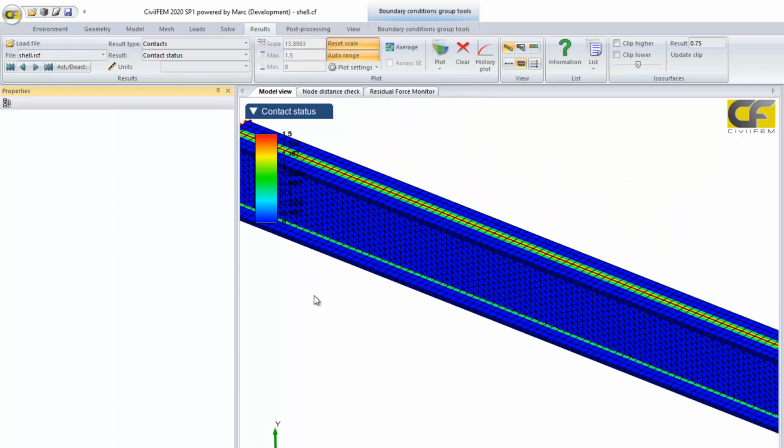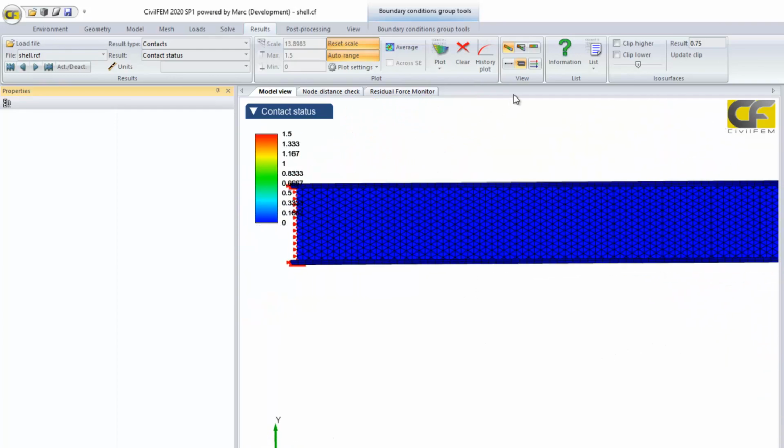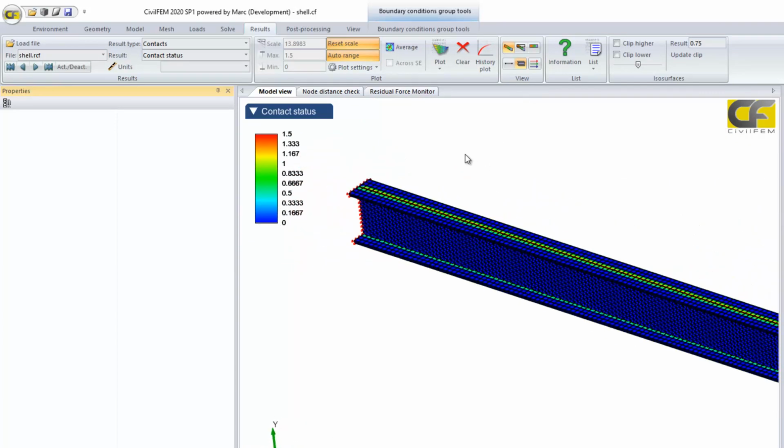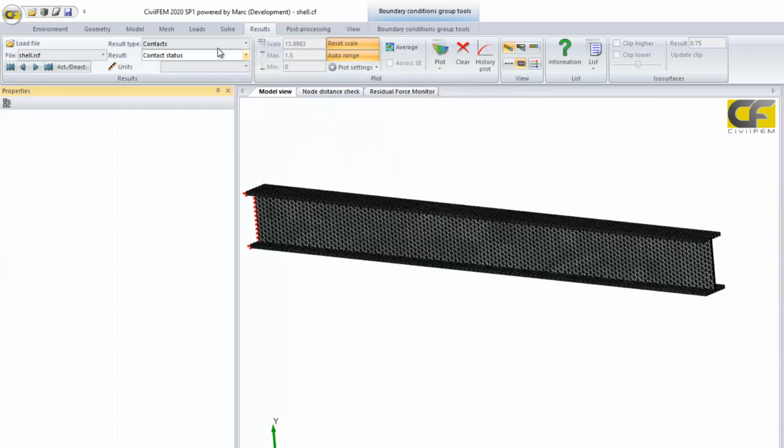And you can check here, both edges are in contact. Well, you just check as well that when you plot results,